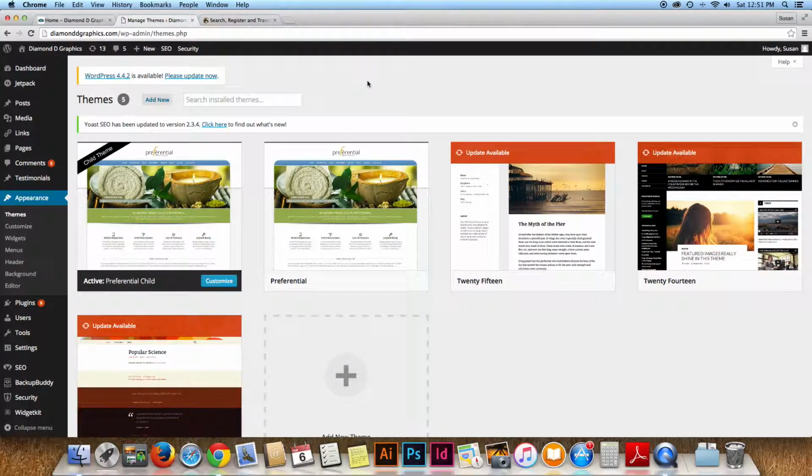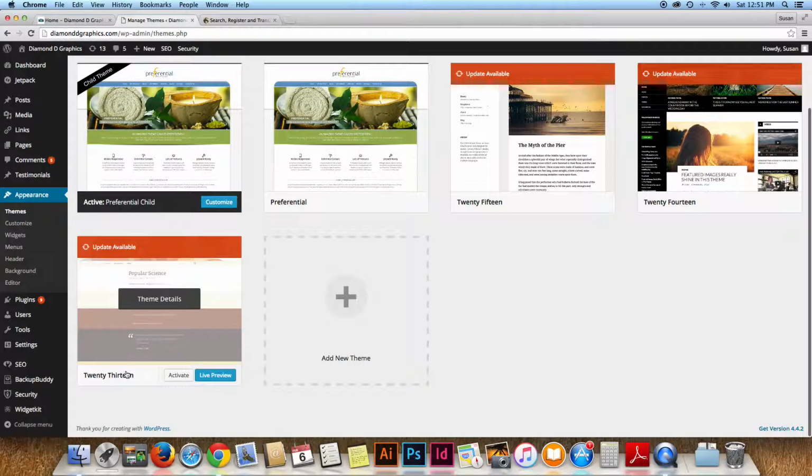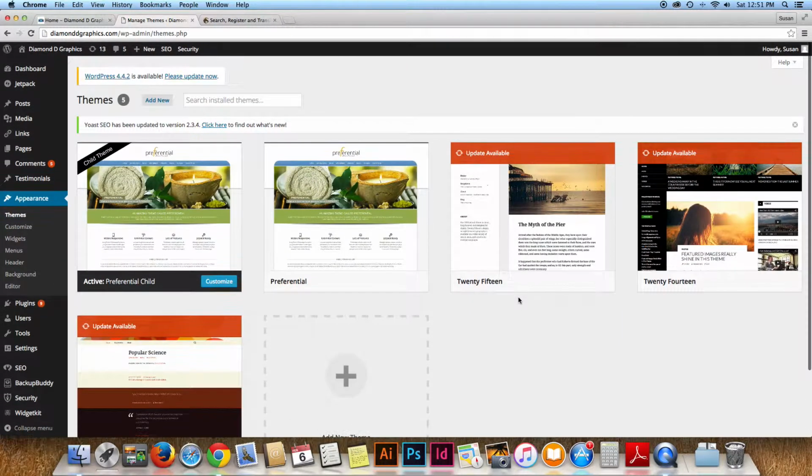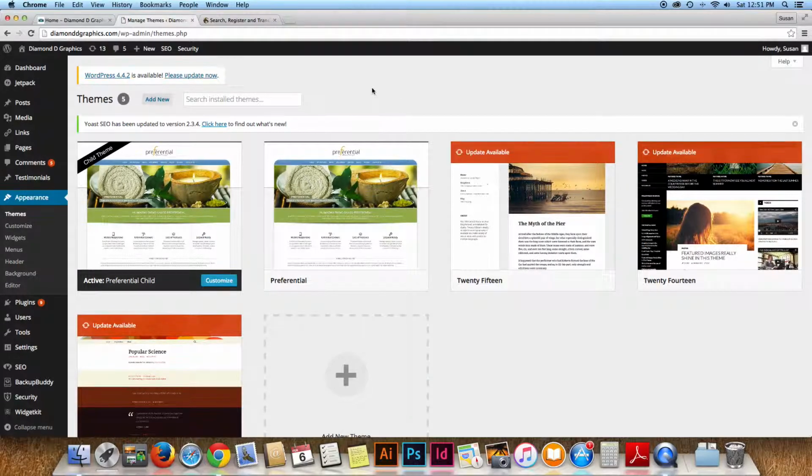So the default themes that come with WordPress, 2015, 2014, 2013, are free. And there's lots of free themes that you can download and use for your website. And there's also ones that you can pay for that are more on the pro end. They have more functions,